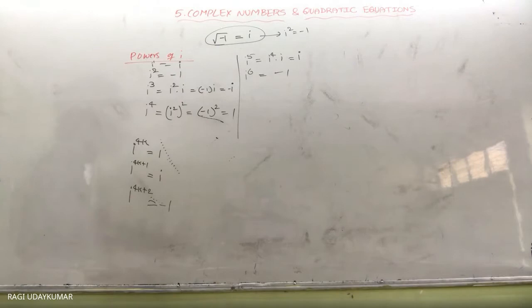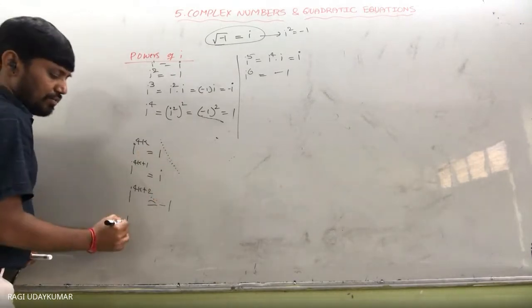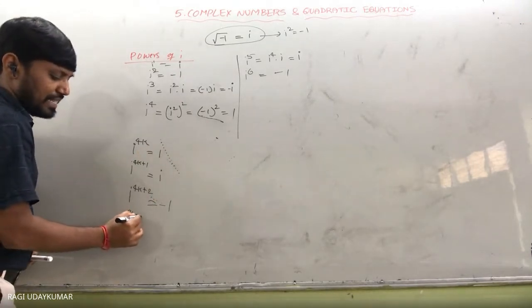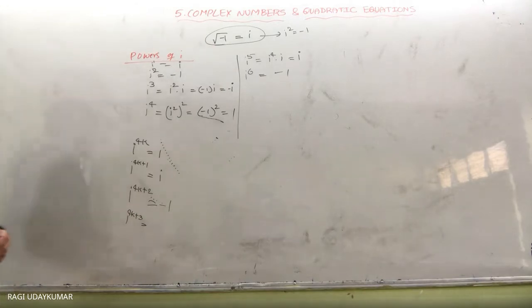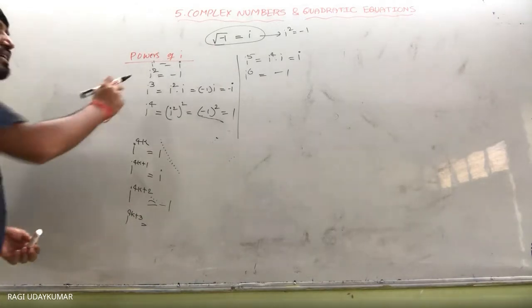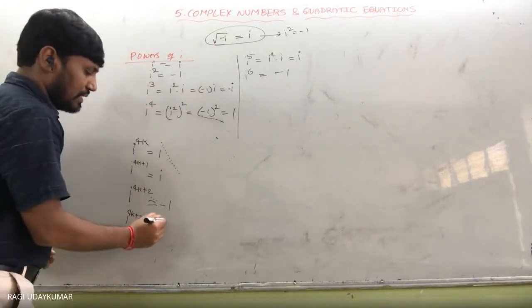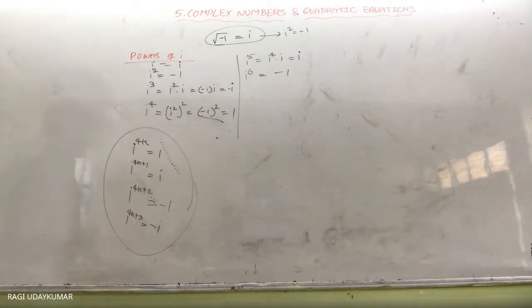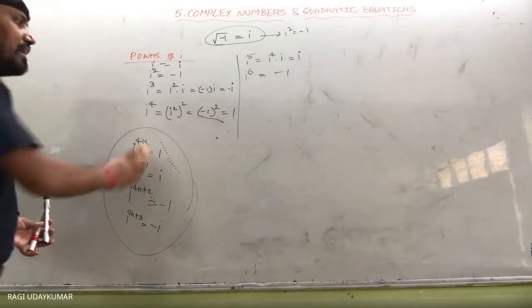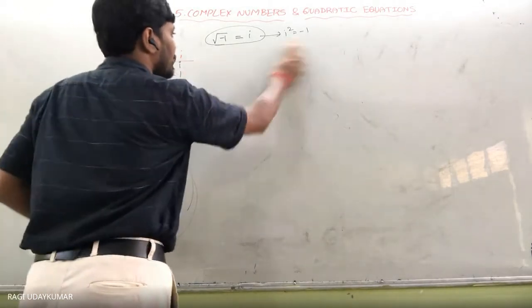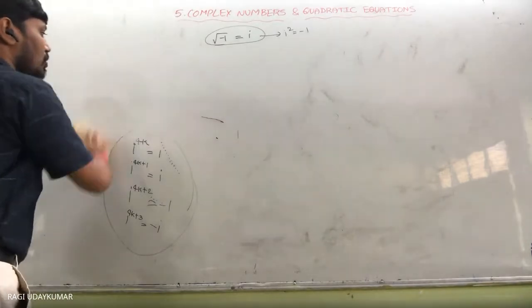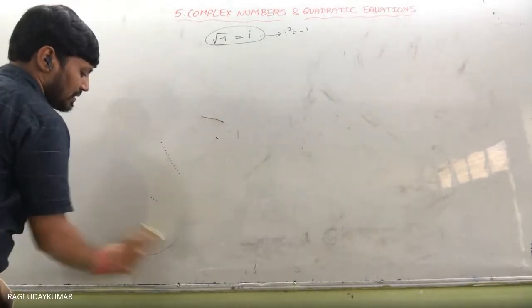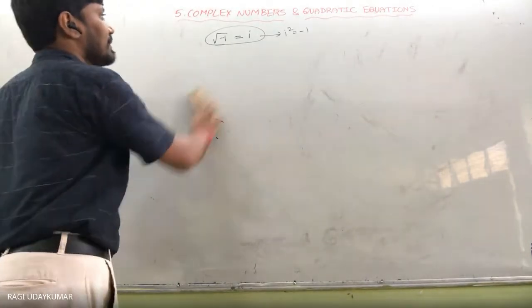So the general form, i power 4k plus 3, if it is given, it is in this form: minus i. So these 4 things you have to remember for the powers of i. Okay, is it clear to you? Next, the square root of any real number. These things you have to remember here so that we can complete exercise 5.1.